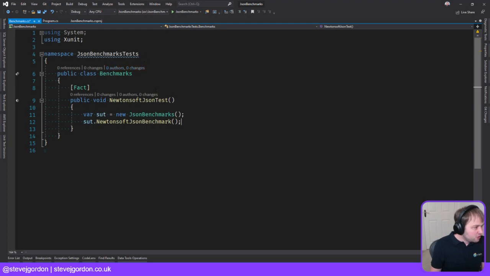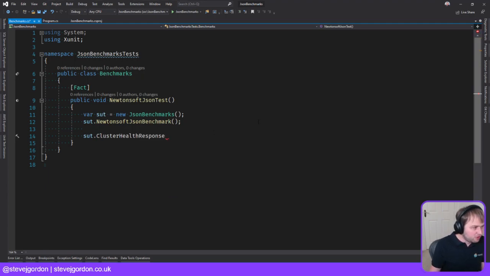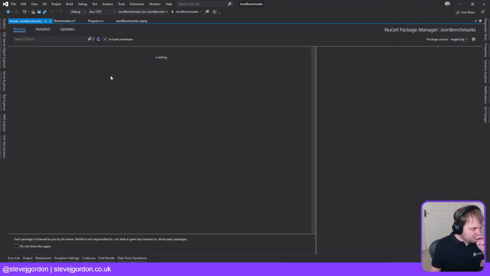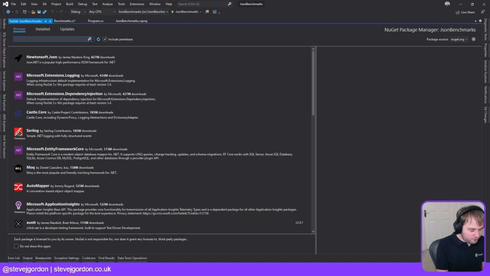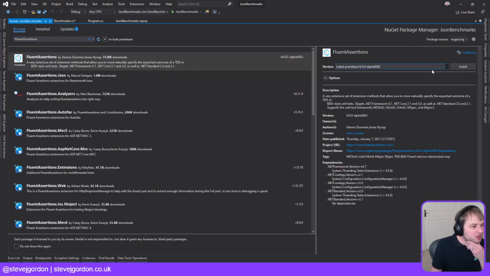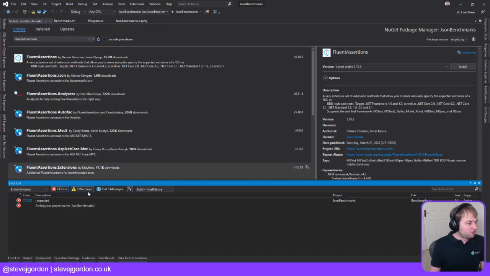So we have our test now. Then what I should be able to do is sut.ClusterHealthResponse. I'm going to need another library because I really want to use Fluent Assertions, which I prefer. So let's add a NuGet package here. Fluent Assertions. It's not a pre-release of this. It's not totally going mad. This gives us the ability to do some nice kind of fluent